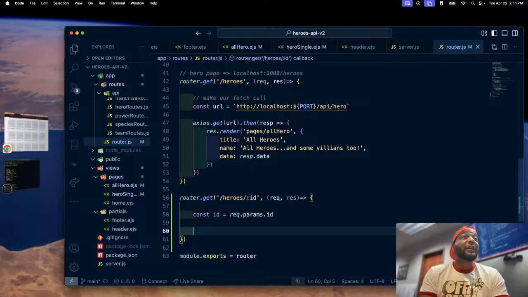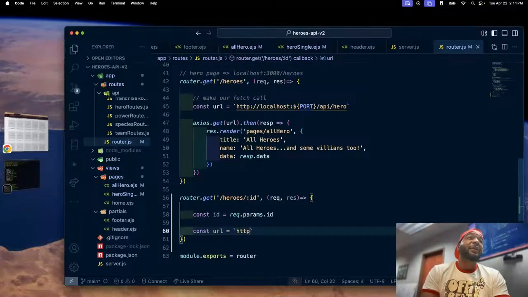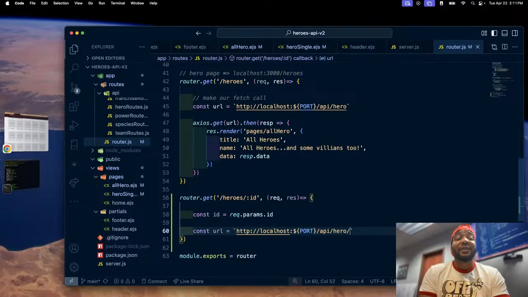All right. Now we need the URL. So I'm going to say const URL is going to get. I'm using backticks again. http://localhost: pass in the port /API/hero, and then